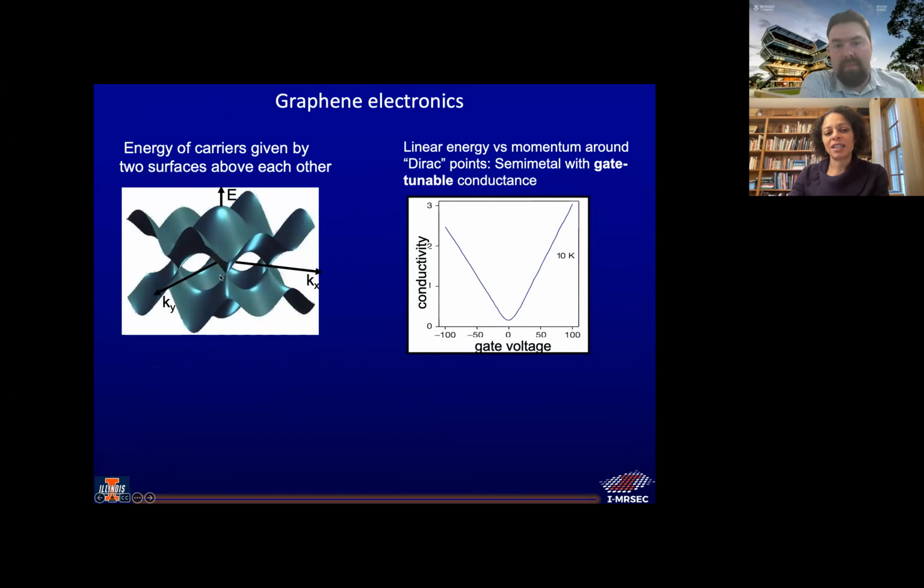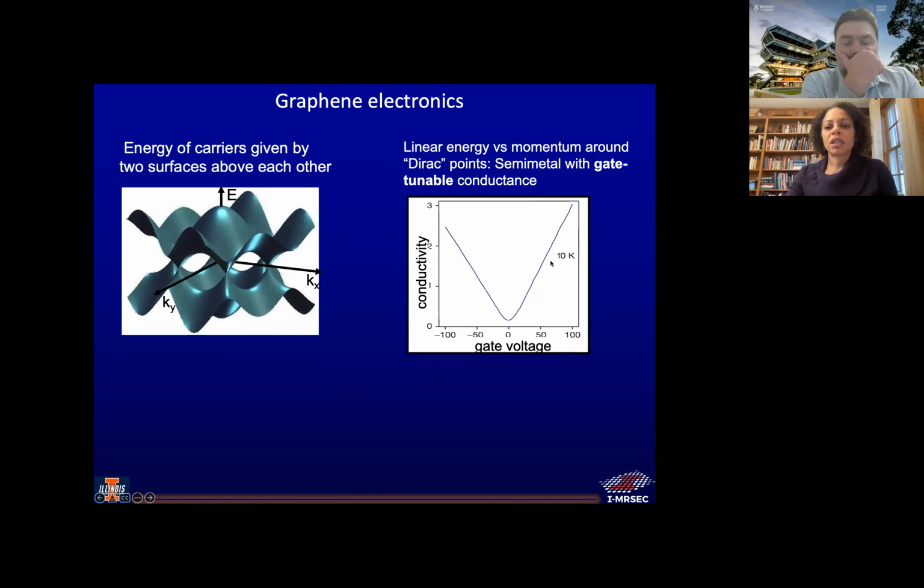Because we live in a low energy world most of the time, we really care about transport around these zero energy Dirac points here. And so if you look at the energy here, you see that you basically get linear dispersion around the Dirac points, which defines the properties of graphene. And practically, that means when you're measuring conductivity versus gate voltage, you see that you have a semi-metal with a